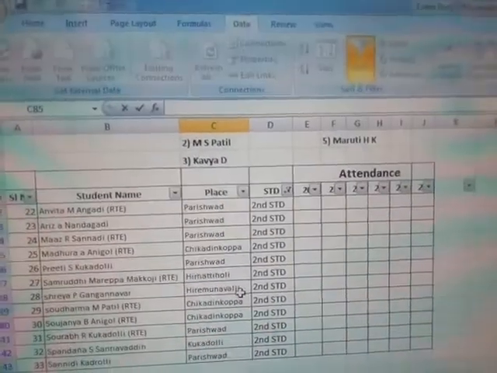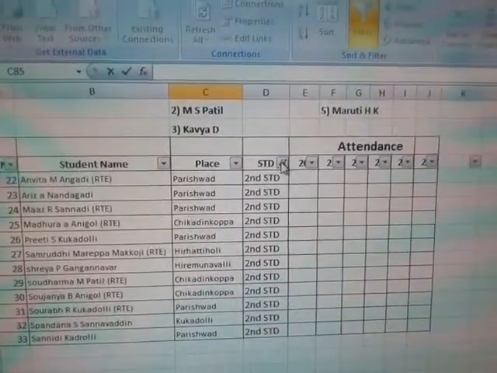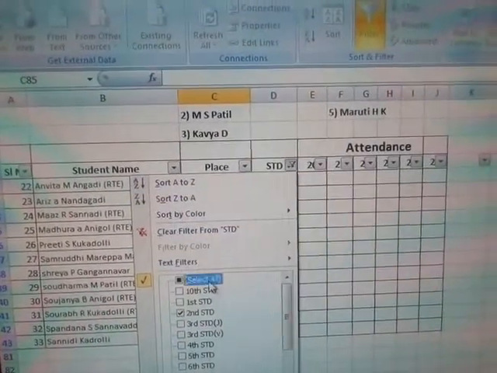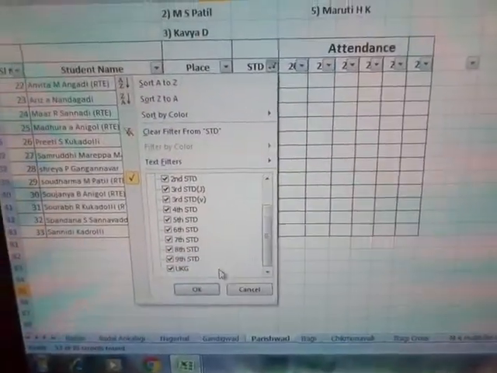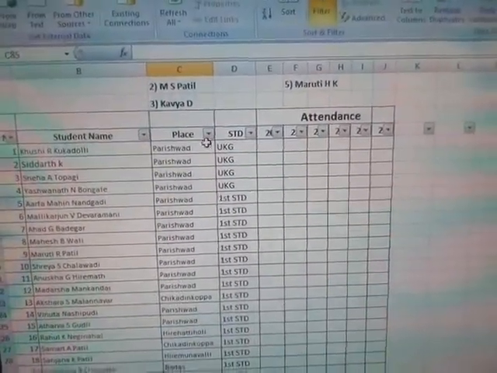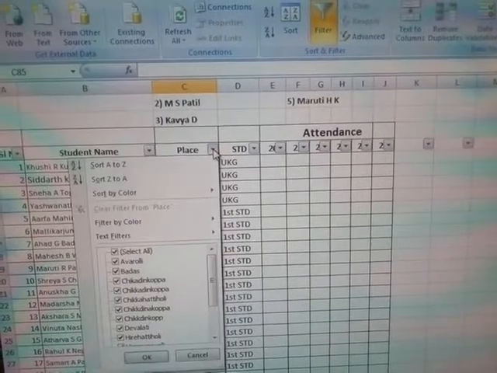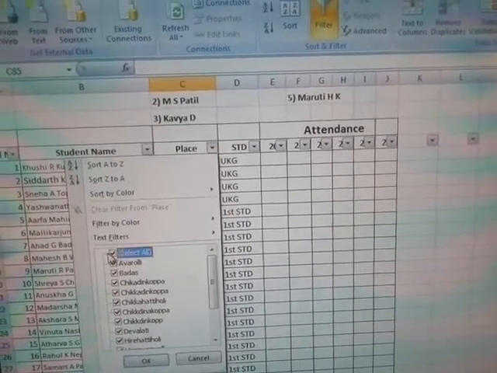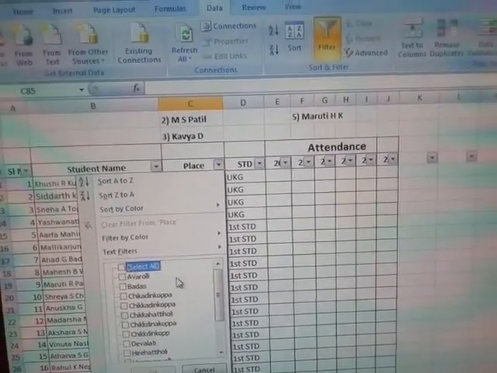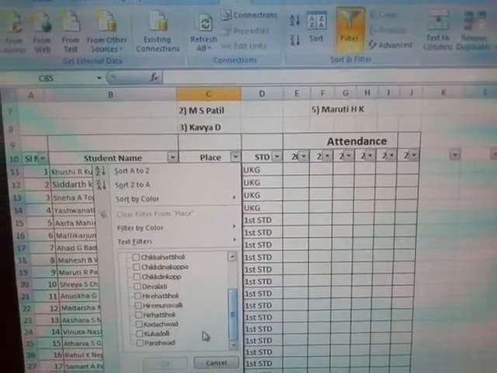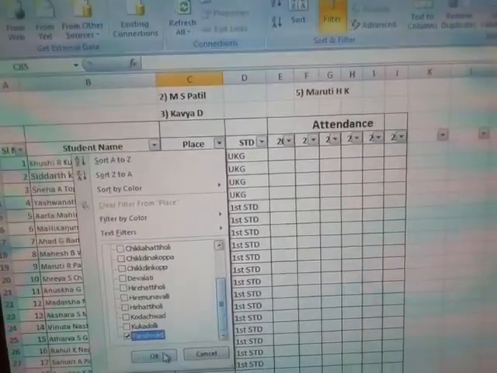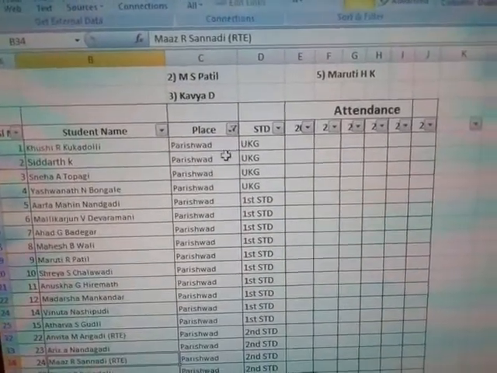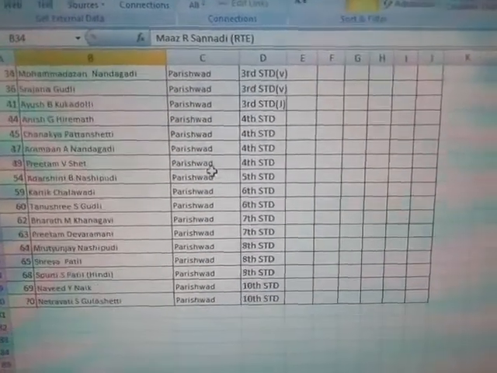And also you can remove this filter. Remove this and press here. You can also put a filter on place. If you only want to see the students from Parishwar, click here on only Parishwar. Then only Parishwar students will appear.